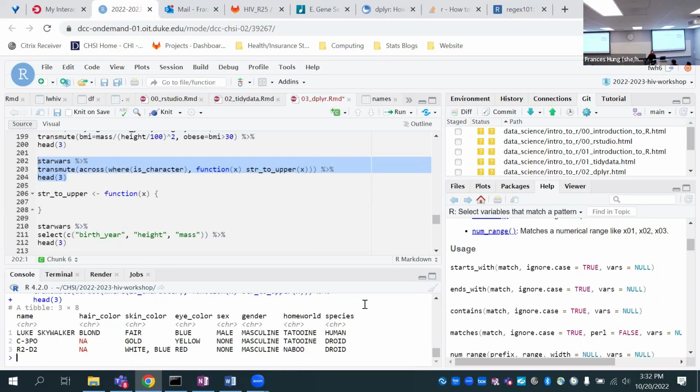So if you looked at age and asked it, is it a character? The answer is no, so that's false. So that's not selected. So for all the columns where is.character is true, where this equals true,